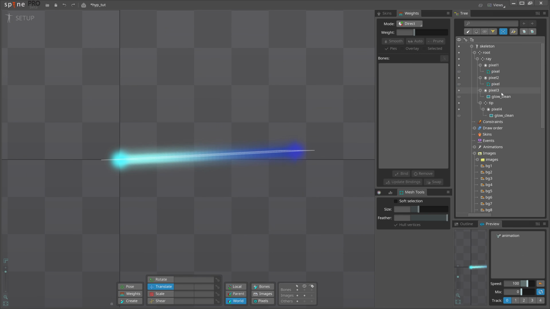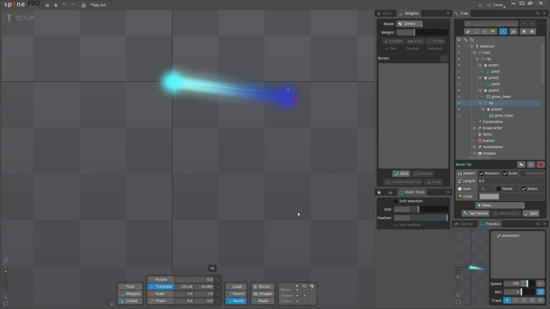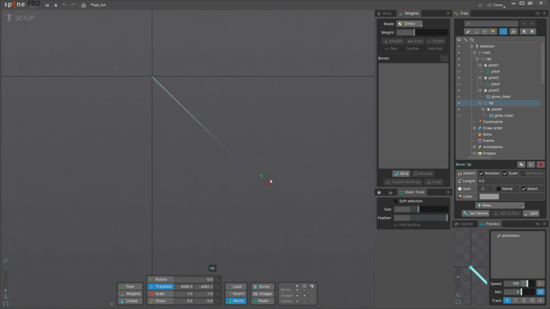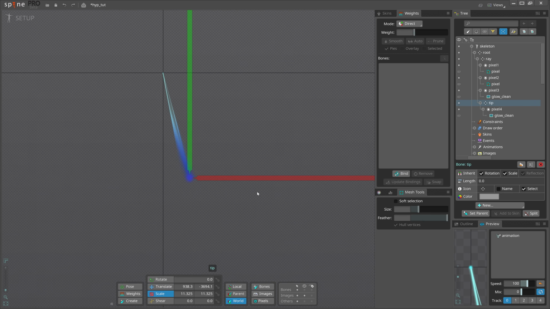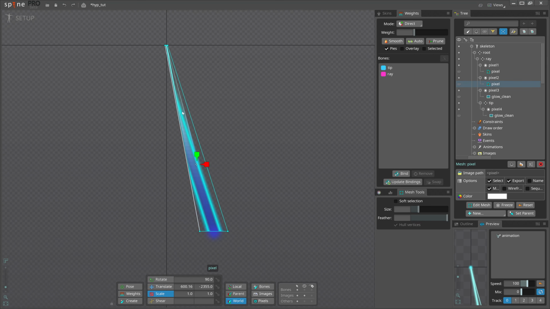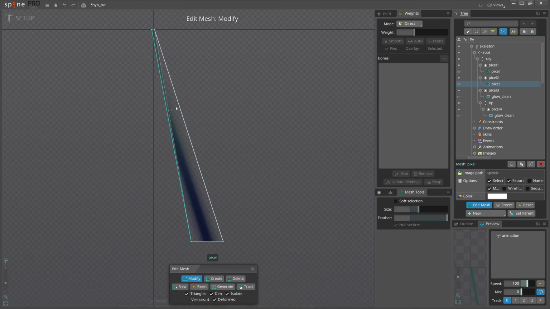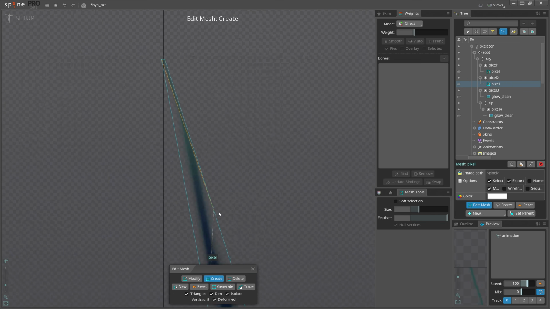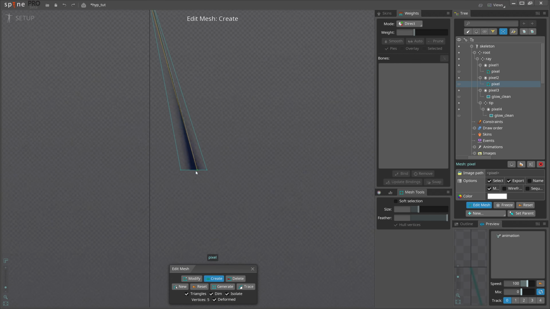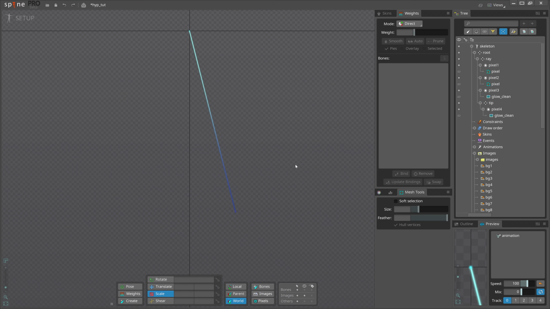Let's uncheck wireframe. Yeah, so this is our ray. Up. I think we have an issue here, or let's see if that works when it's scaled. I'm going to also try to scale the tip and see what it creates. It's not actually a good thing, but it's the way mesh works. We can make it more detailed if we want, but clearly it's not gonna be perfect. It's not a 3D software, so